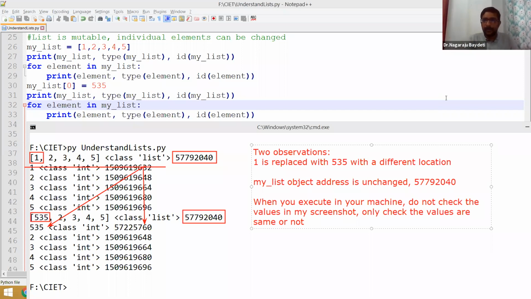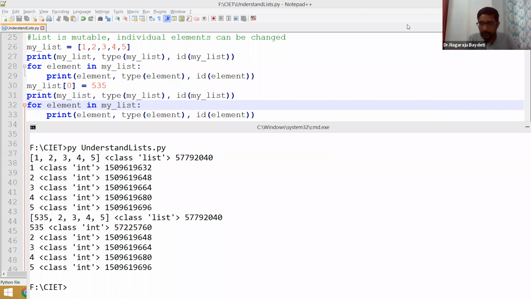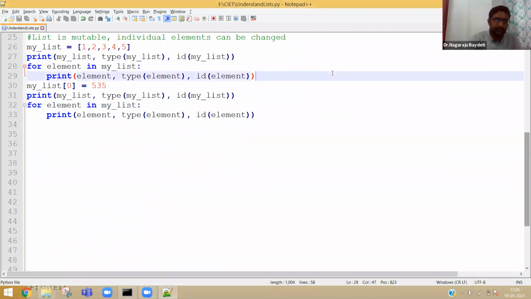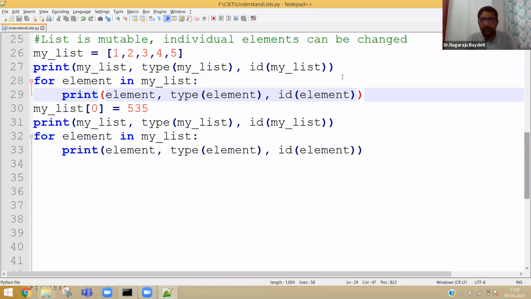Okay. Any more doubts? If you have, let me know. Sushant is asking, sir, may I know what is interned in Python? Kindly watch the day 2, day 3 and day 4 sessions, Sushant. Integers -5 to 256 are interned and some strings are interned. So I request Sushant to please watch the earlier recorded videos. I believe you are a new joinee, that's why you are asking. Interning means caching.